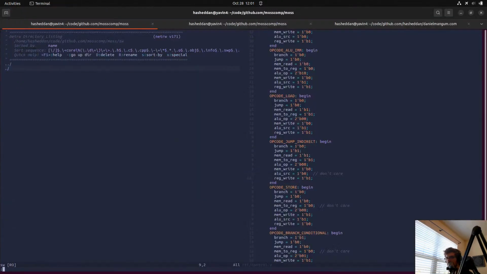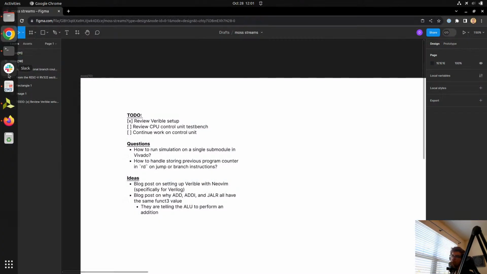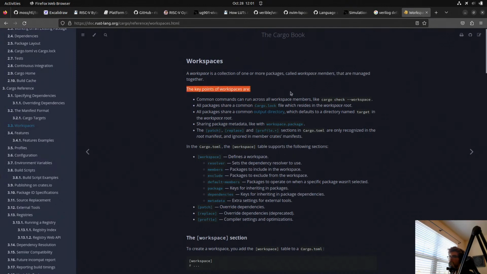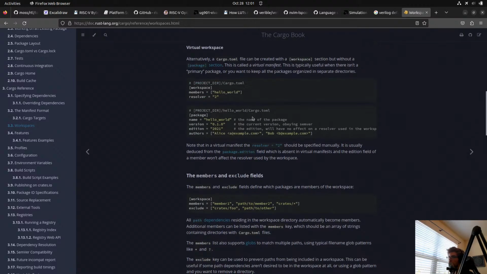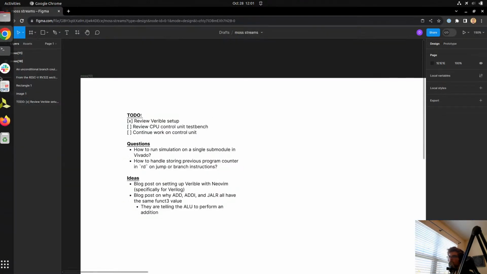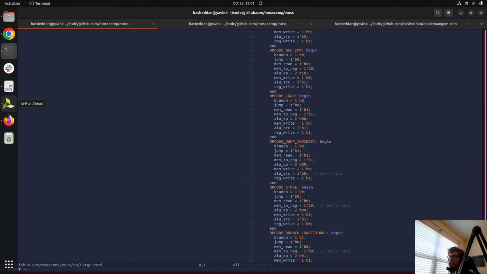All right. So I think we're going to have a number of crates here, or packages, rather, I guess. Cargo. And so I think we just stick workspace in there.